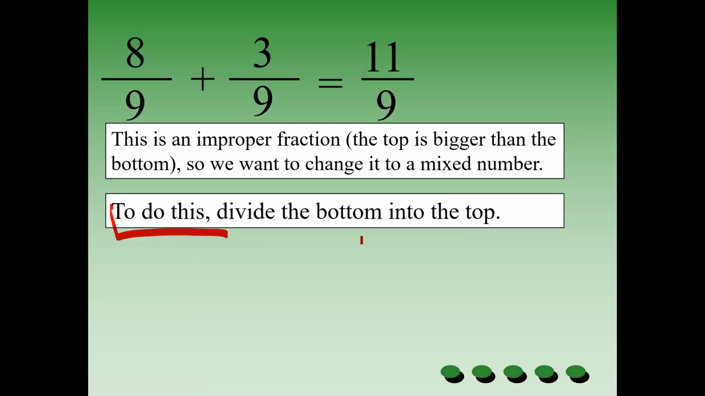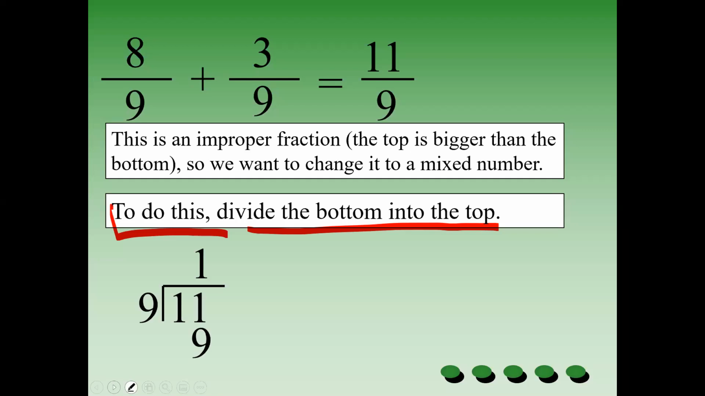Next, to do this, divide the bottom into the top. We are dividing 11 by 9. So 9 ones are 9. And subtract. So 2 is the remainder. So what is the answer? 1 whole